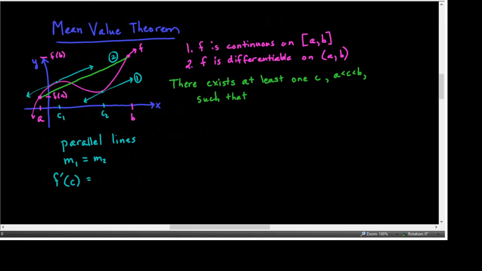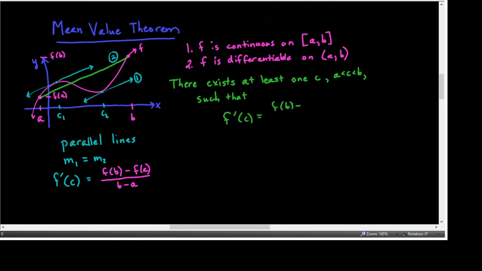Given 2 points, y sub 2 minus y sub 1, f of b minus f of a, divided by x sub 2, which is b, minus x sub 1, which is a. So the end of that statement, the conclusion of the mean value theorem, given that you have a continuous and differentiable function on a to b, there has to be at least one value c, where c is a number between a and b, such that f prime of c is equal to f of b